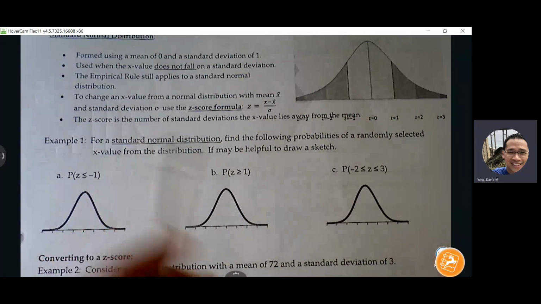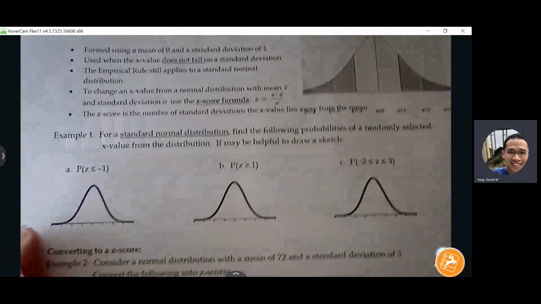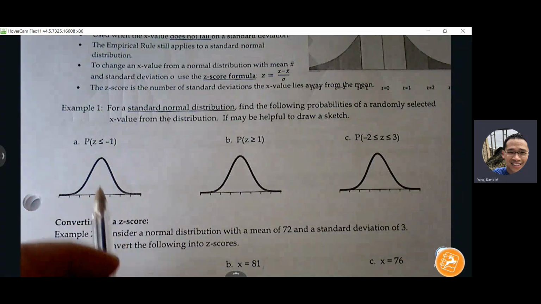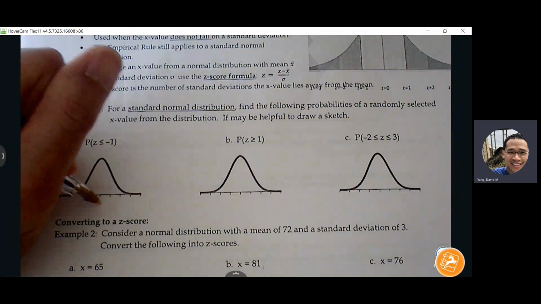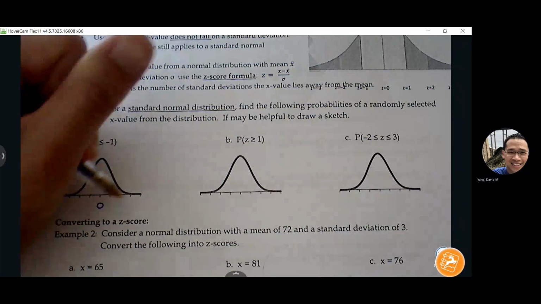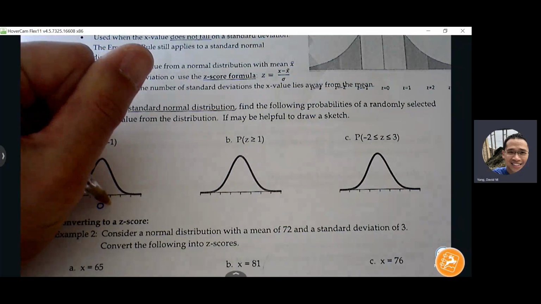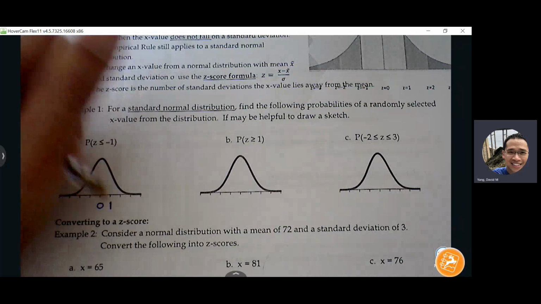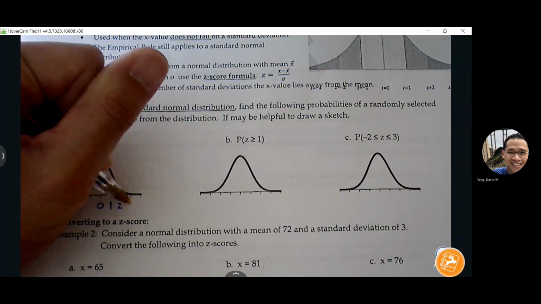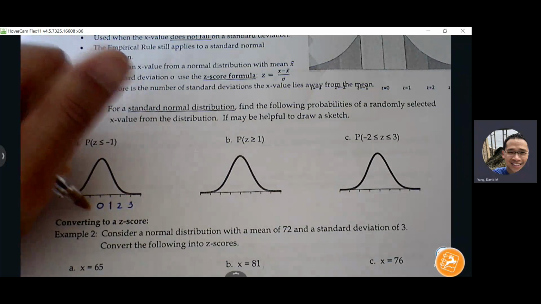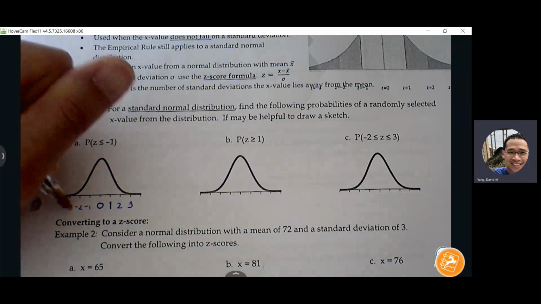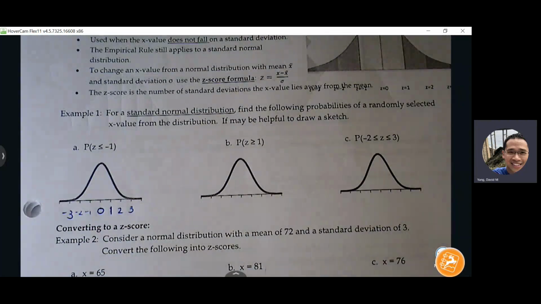Okay. So for a standard normal distribution, find the following probabilities of a randomly selected x value from the distribution. It may be helpful to draw a sketch. So your z-score of 0 will be here. A z-score of 1 just means one standard deviation away from the mean, 2 and 3. Okay. -1, -2, -3. So when you get a z-score, it's always going to be some value between -3 and